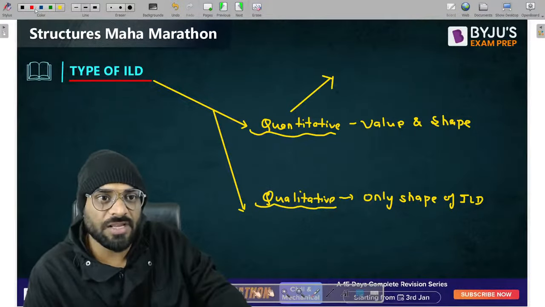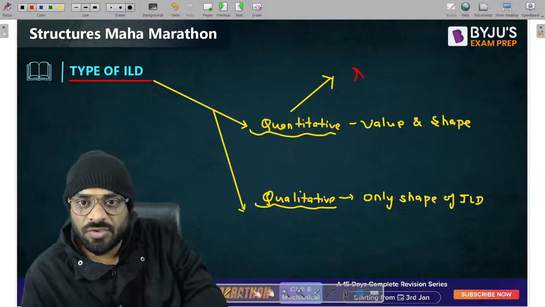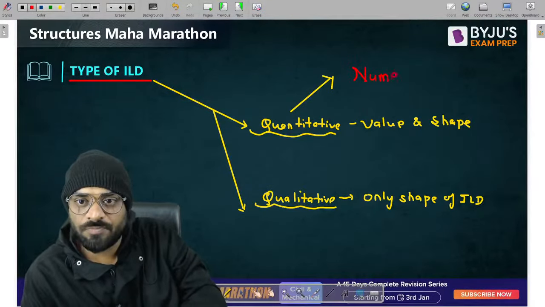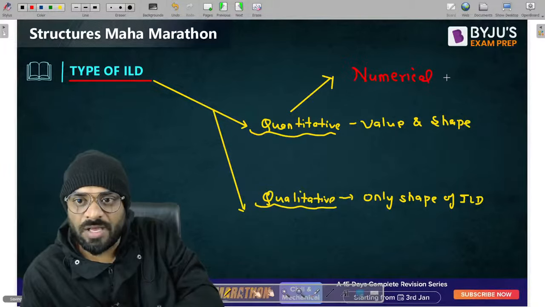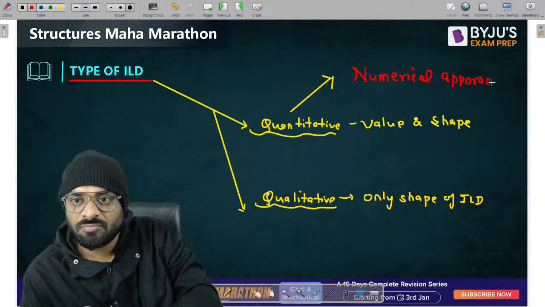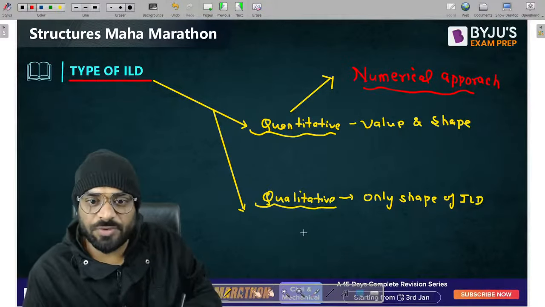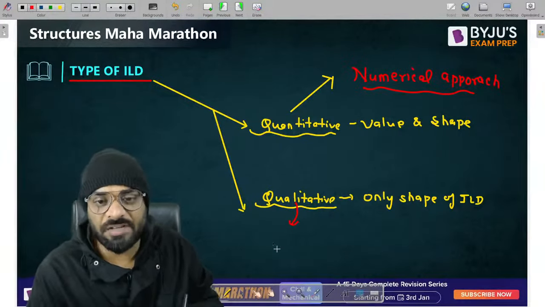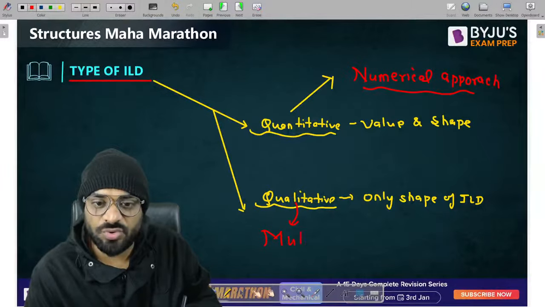Now, if I want to find out the quantitative ILD, then you have to go with the numerical approach. Please prefer the numerical approach to find out the ILD, right? But if I want to draw the qualitative ILD, then you have to use